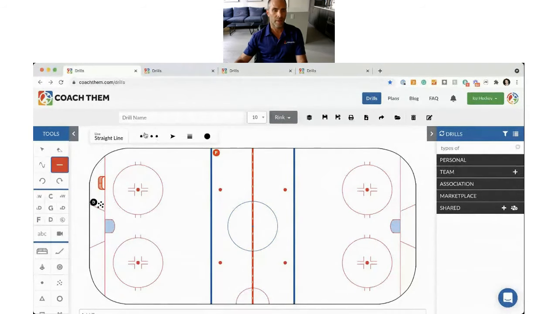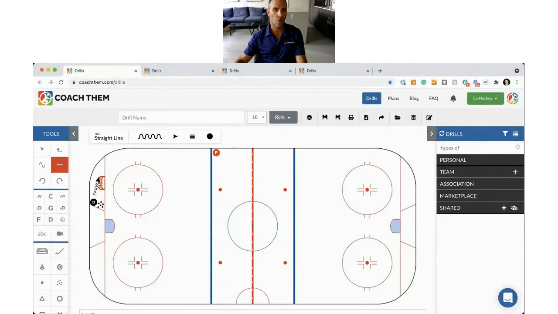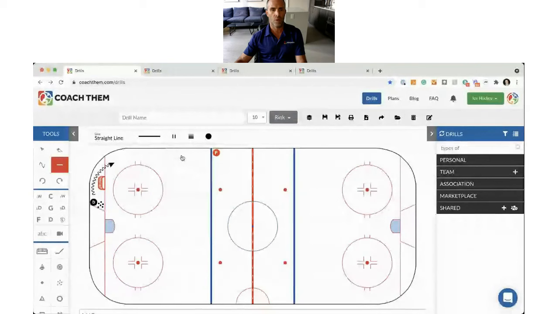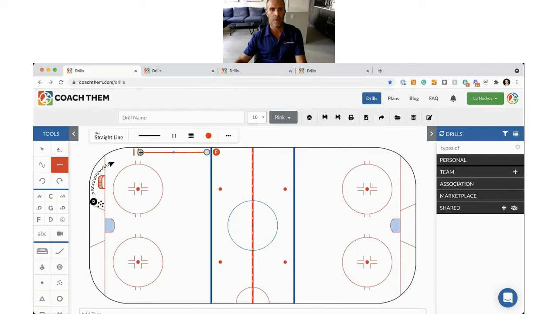So same thing. I've been really liking this awesome straight line option now. So we want to skate with puck. We're going to go where we're at to where we're going. We're going to select it, and you're going to go over the blue, create that. So let's jump to the next one. So as a forward, we want that forward to go and post up, down low, put it in red. But now I really want to emphasize this. So let's select it, and let's go and put it a little bit bigger, right? We really want to emphasize that that forward is going nice and low.